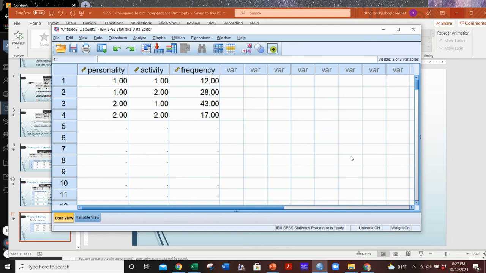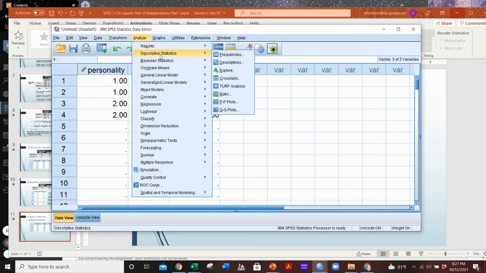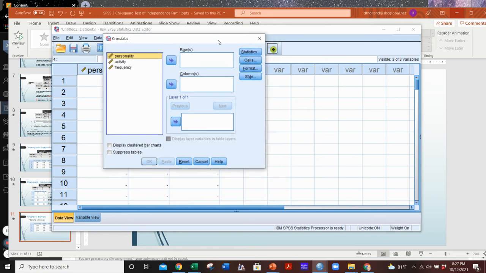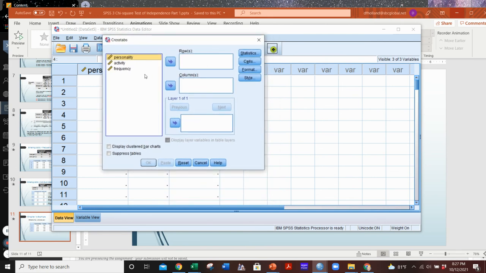So if you're following along with your Yaki text, you are on page 206, and he walks you through this. So we're going to go to Analyze, select Descriptive Statistics, and choose Crosstabs. All right, the crosstabs dialog comes up, and looking in the Yaki text on page 207 now,